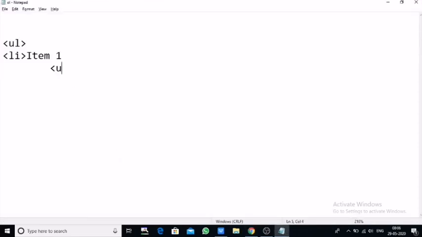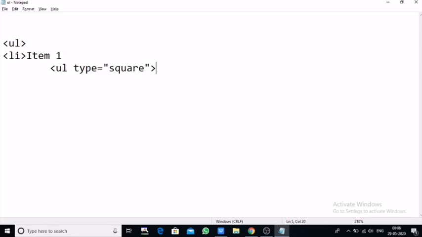So write here ul, but put the type attribute equal to square. Must be very accurate about the spelling when you are writing, and consider the small and capital letters when writing the value of this type attribute. This is optional.